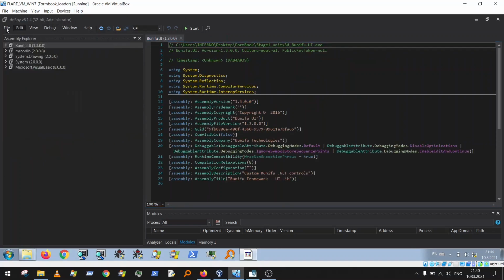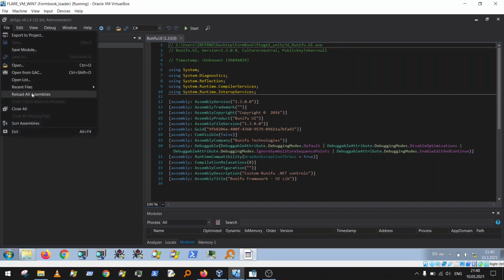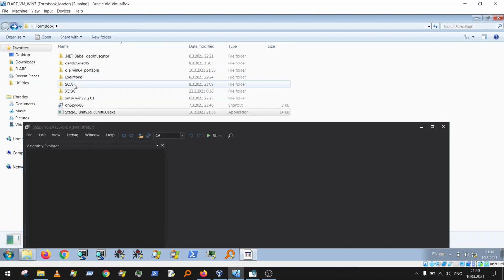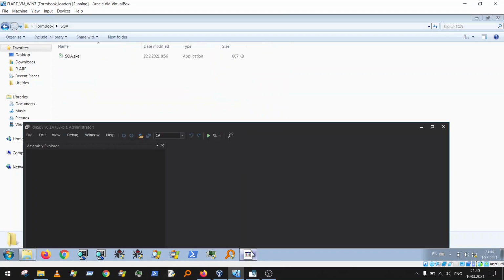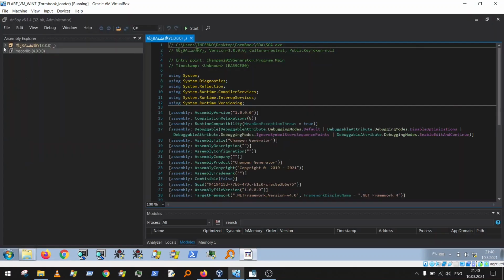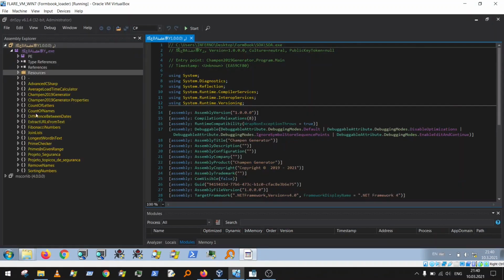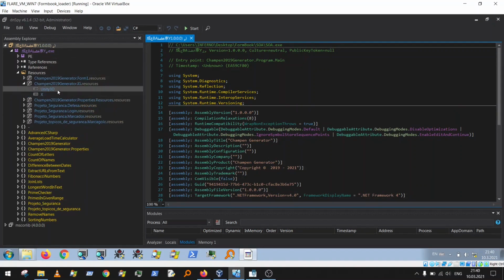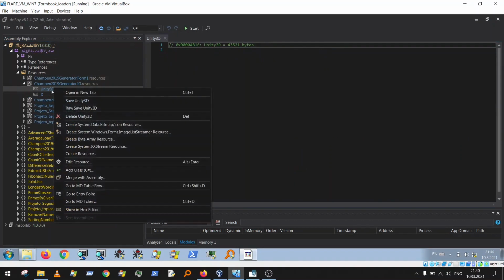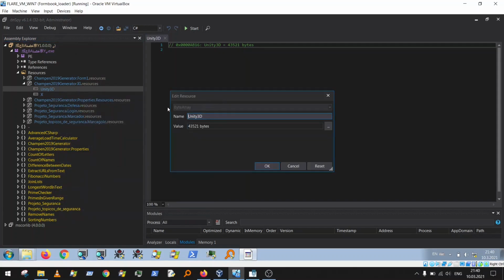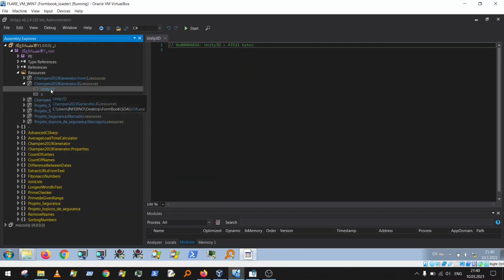So let's close all, find the original sample, load it here. Now go to the resource, find the Unity 3D and check the type of this resource, and you can see that it's a type of byte array. So just delete it,